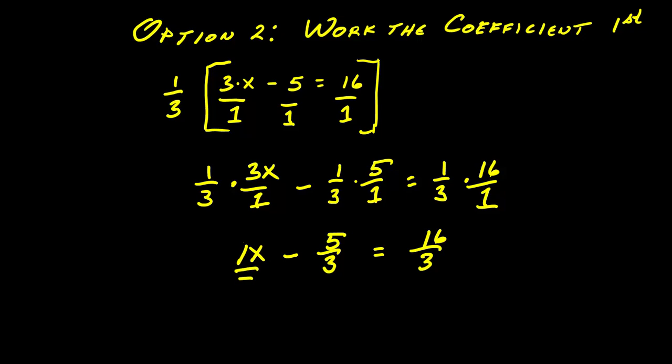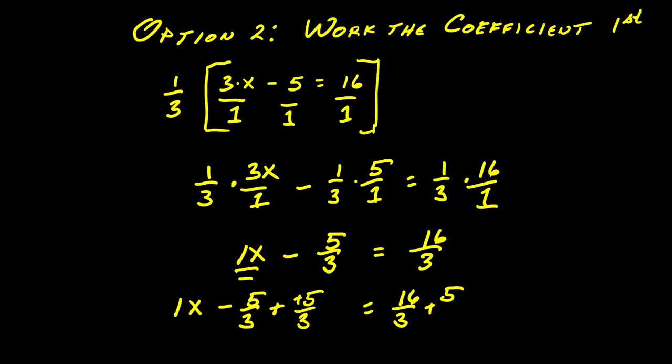Now we have the 1x, but we still have this constant. Now this is just an addition-subtraction problem. We need to zero out this 5/3. To zero him out, rewrite the equation. 1x minus 5 over 3, add the opposite. And since we added 5/3 to the left-hand side of the equal sign, we'll do the same thing to the other side. We'd have 16 over 3